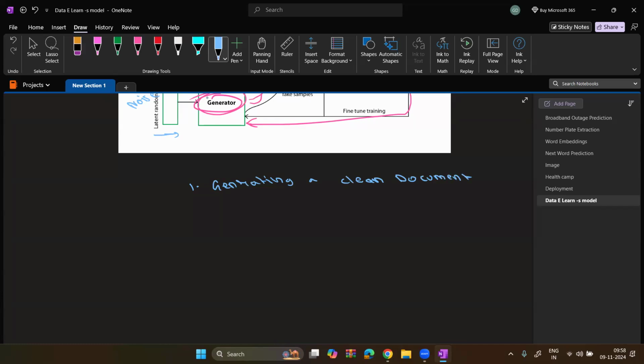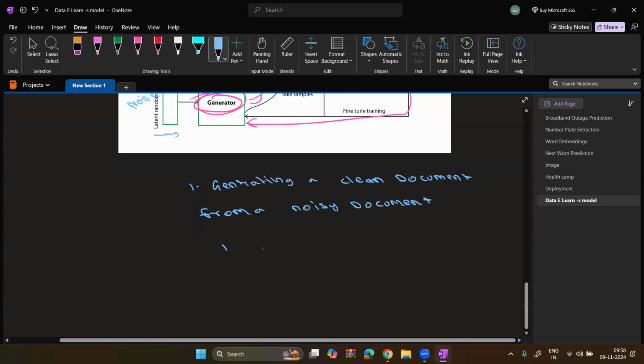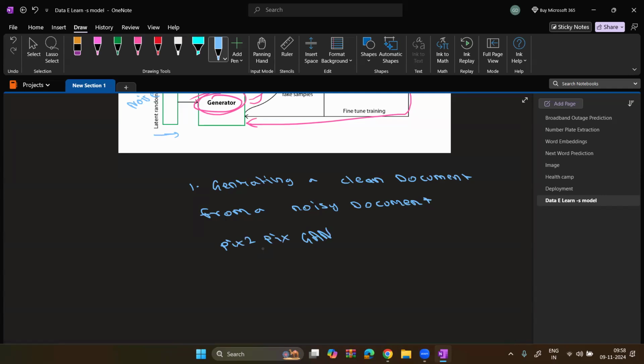You're generating a clean document from a noisy document. This was a use case which I worked on in my company, and we have used GAN here. Especially we have used an architecture called pix-to-pix GAN. Pix-to-pix, pixel to pixel, because it is generating pixel to pixel. Right? Now, what happens in this pix-to-pix GAN, or in this use case which I was working on,